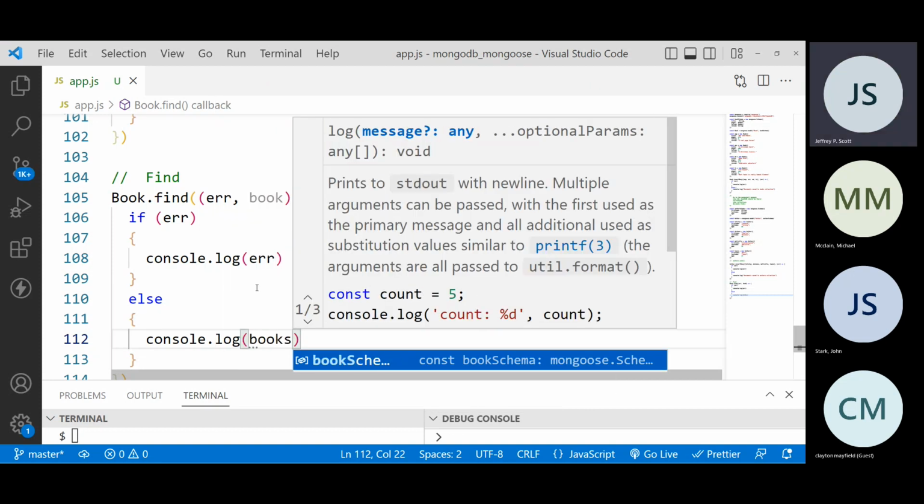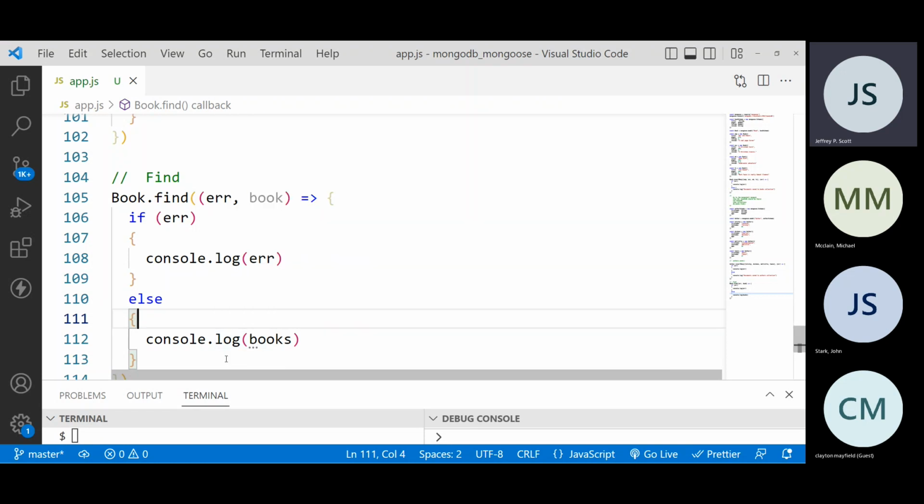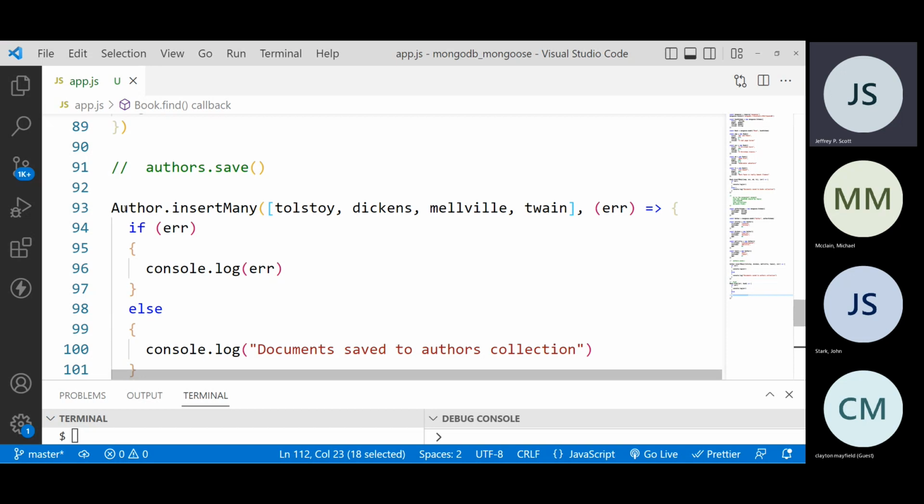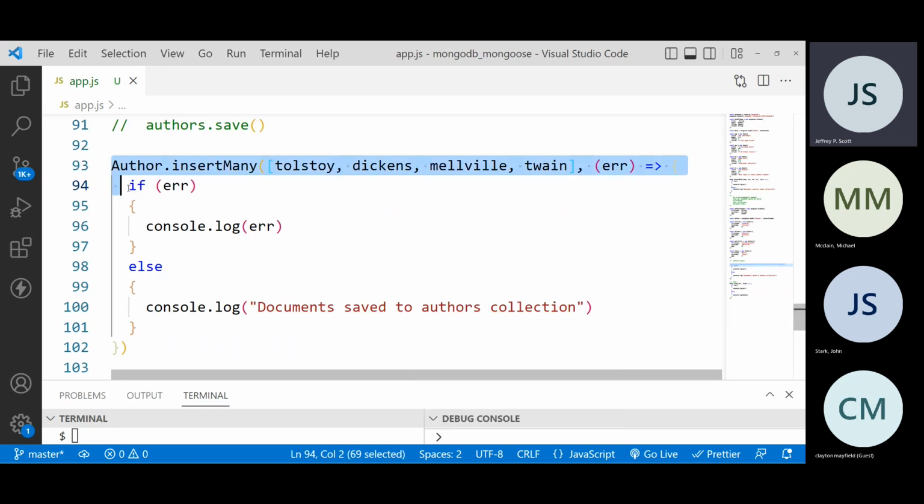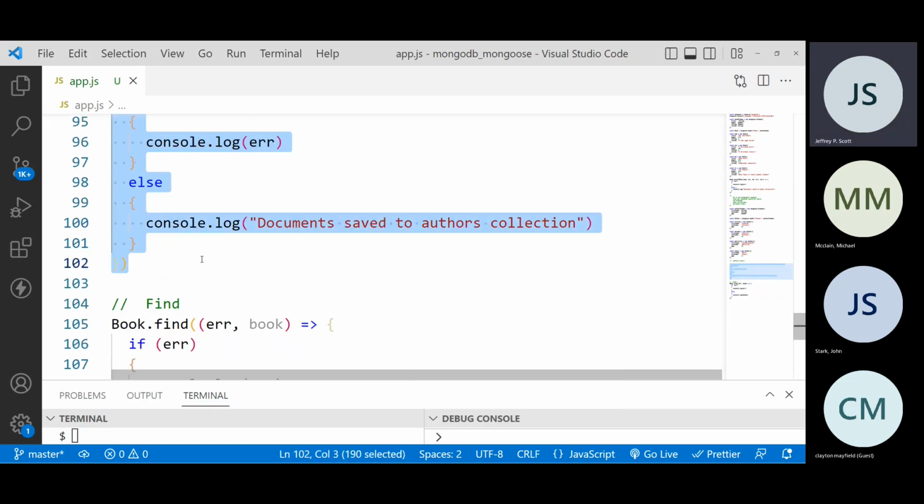Again, when you are actually going in and testing this, you're going to want to do two things. First of all, you're going to want to go back into your Mongo Shell, or in just a couple of weeks when we get into working with Atlas, and run commands in there to make sure that indeed your stuff is there. The other thing is, as of right now, every time you run this program, if you don't